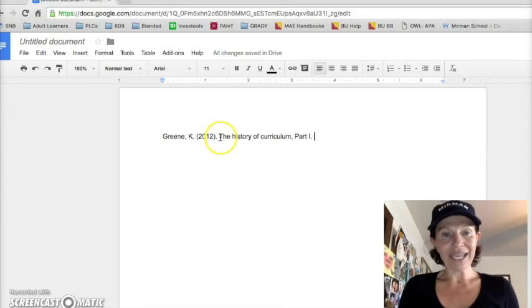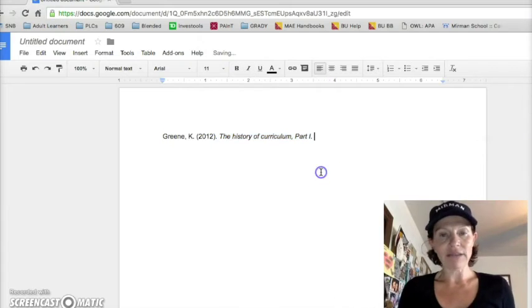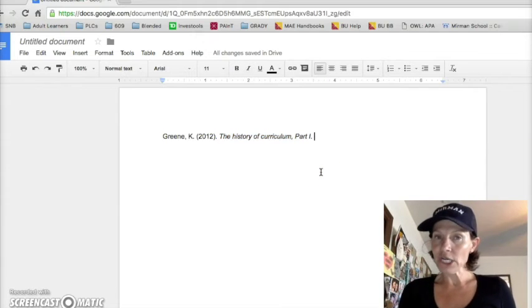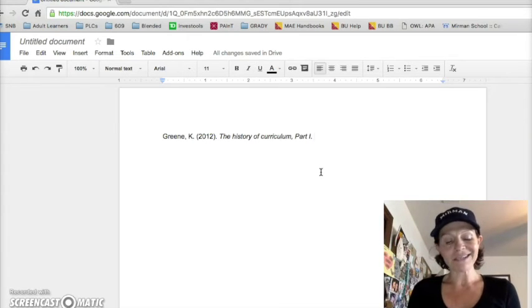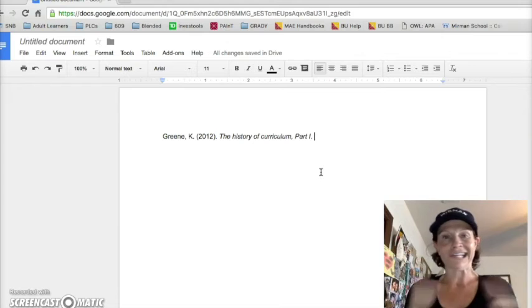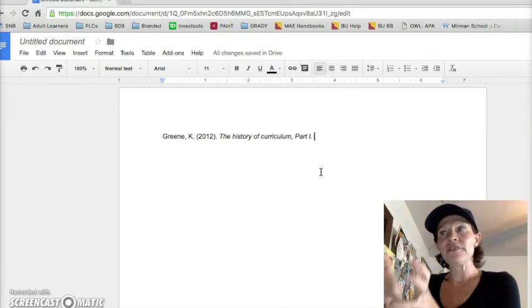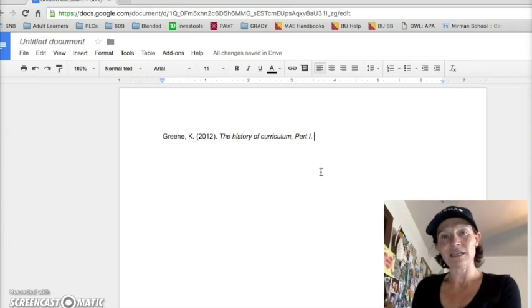Now, one more thing. This is a title that goes in italics. Book titles, video titles. Now, newspaper articles, magazine articles, journal articles, those don't get italicized. Then the bigger publishing entity.